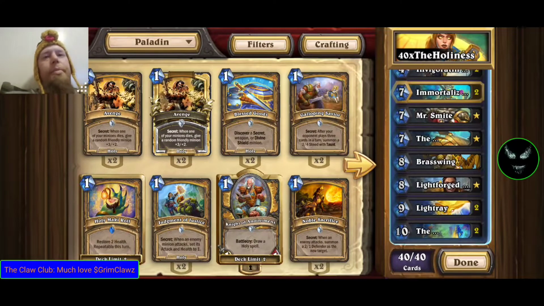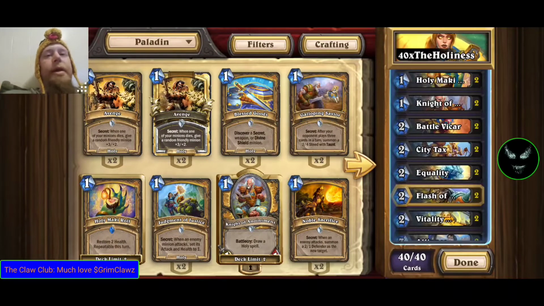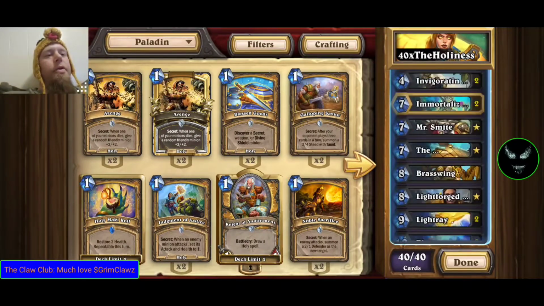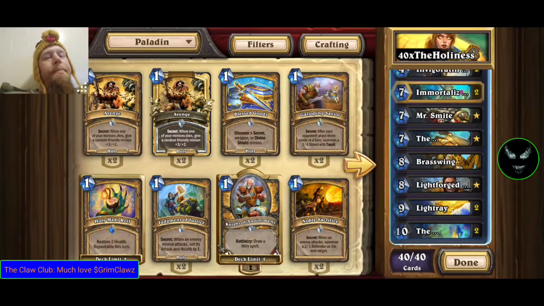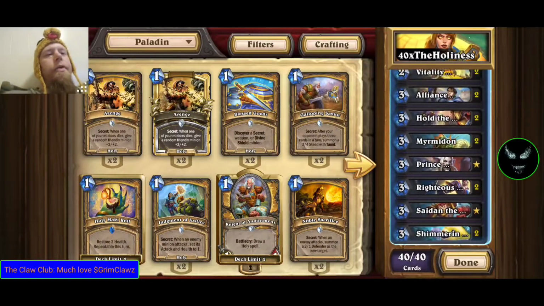Now basically the point of this deck is... The win condition basically is to just clear everything the opponent puts down and heal out of range from them being able to kill you, and either run them out of cards or just take them down with your super buffed up minions. The only change I would suggest making, if you want to, for a little bit more board clear depending on what matchup you're going into, would be to remove these Immortalizing Stones and put in 2